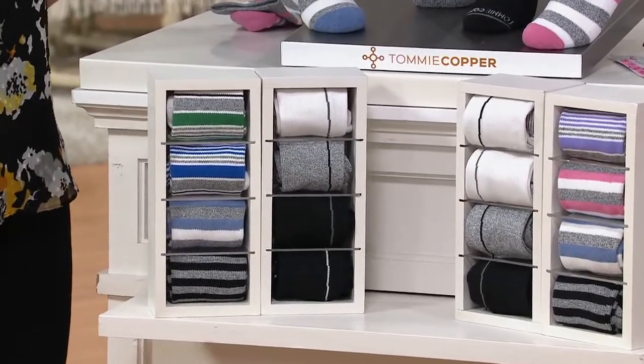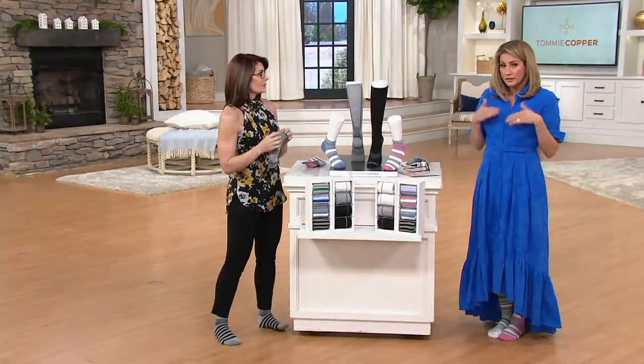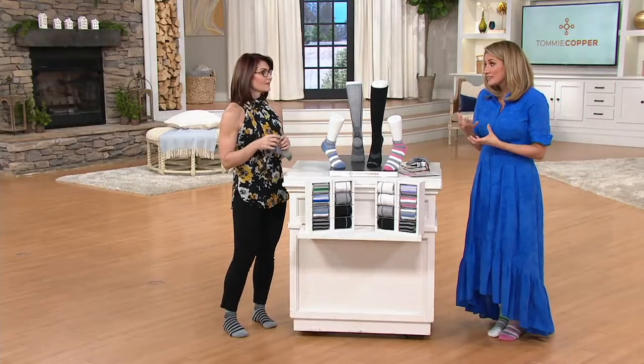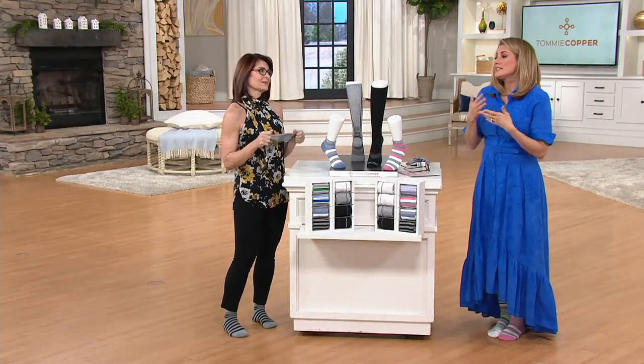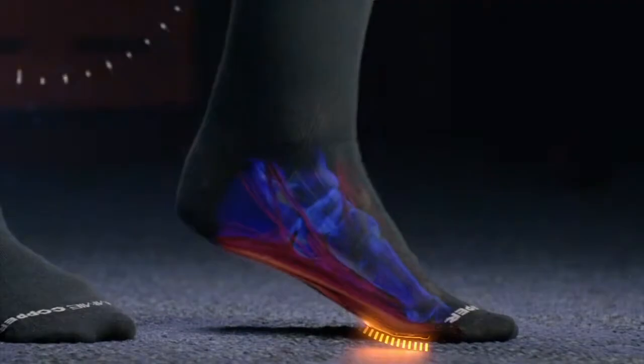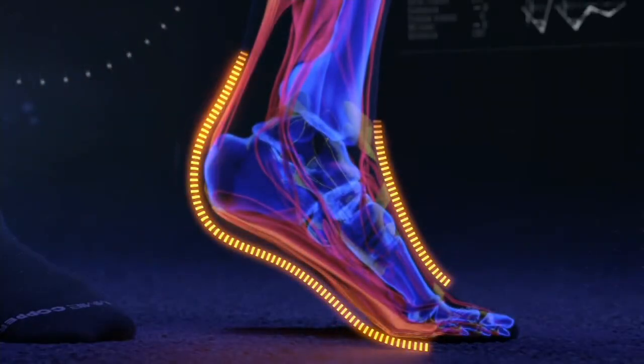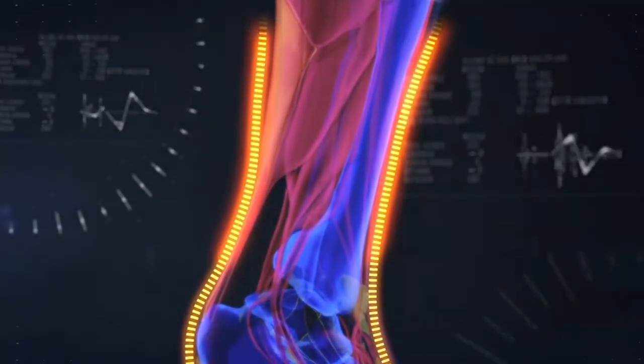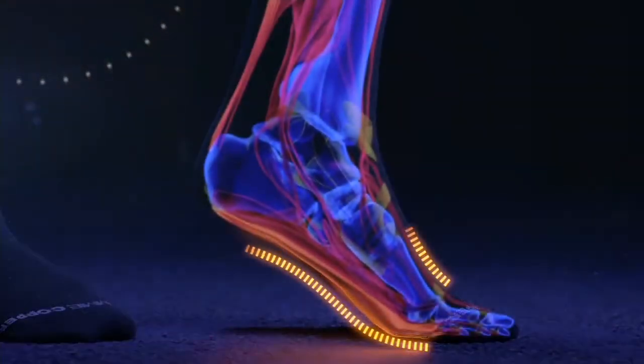Yeah. Your socks can now do a lot more for you than just be a barrier between you and the shoe. Right. And in this case, it's like a relief. You almost exhale when you put these on and you feel the squeeze. Now, this is a great 100% illustration of it. I love this because this is engineered technology into the arch, into the Achilles,